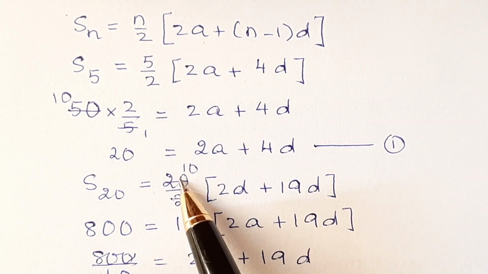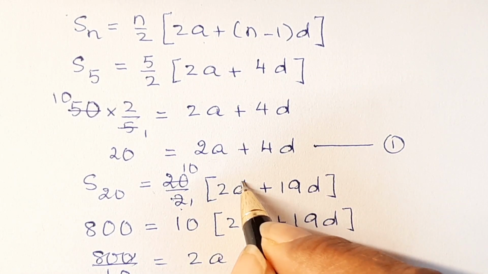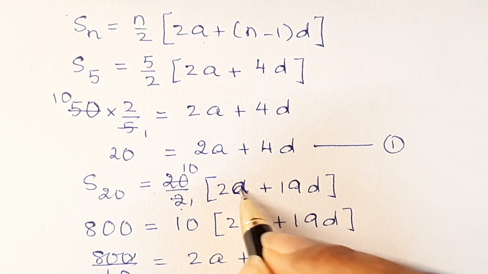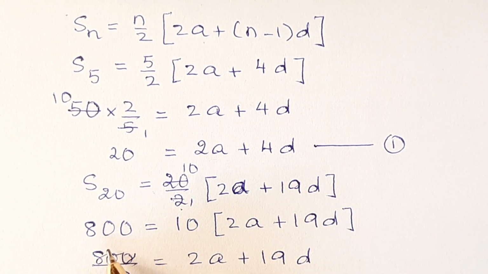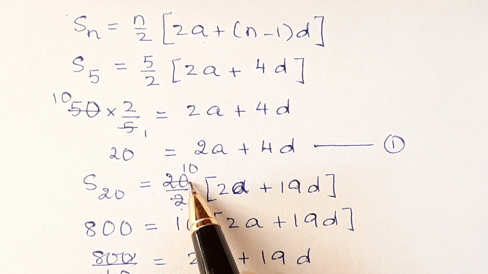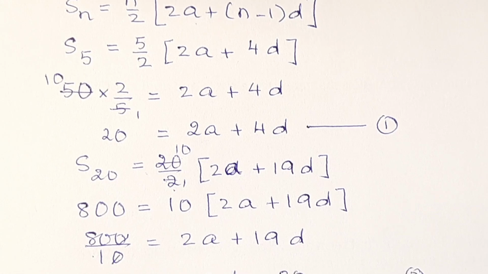N becomes 20, so 20 upon 2, 2a becomes 2a here, plus 19d, 20 minus 1 is 19d, and so 800 will be equal to, here 20 upon 2 means 10, and here 2a remains 2a, and plus 19d. This 10 goes the other side, it's multiplying here, it will divide this side, and so